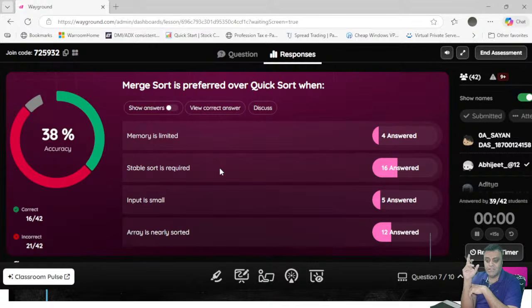Both are right. 16 and 12 of you who have answered this, both of you are right. When the array is nearly sorted, quick sort will take more time. It will not be n log n, it will be near to n square. Right? So both of you are right, but I'm okay for time, but I'm not okay to swap my place with somebody else. Isn't that the normal human psychology? That will apply to any physical realm. Any entity it will apply. That you cannot change the sequence of how they were. That is more important than doing it quickly. Hence, stable sort will be the right answer.